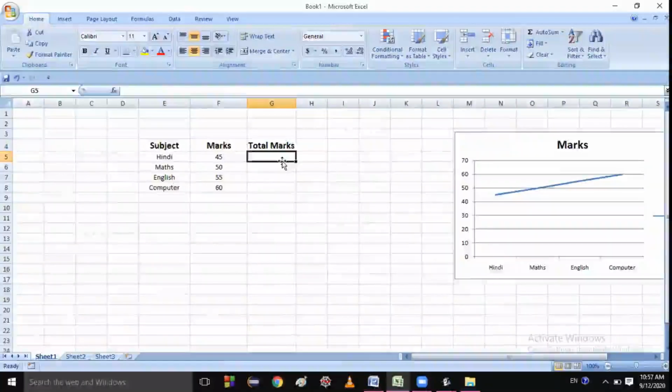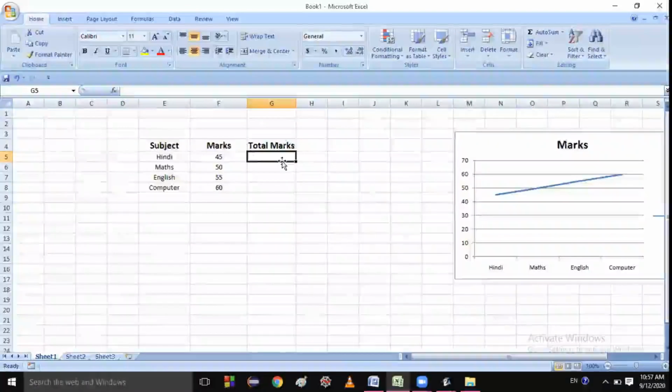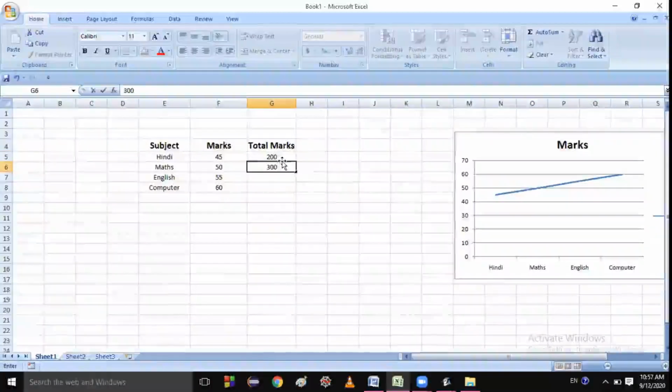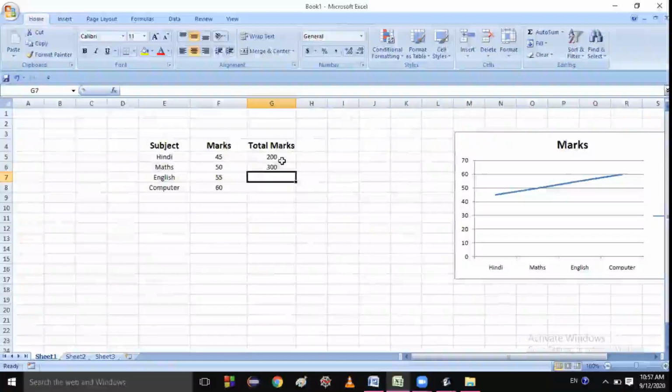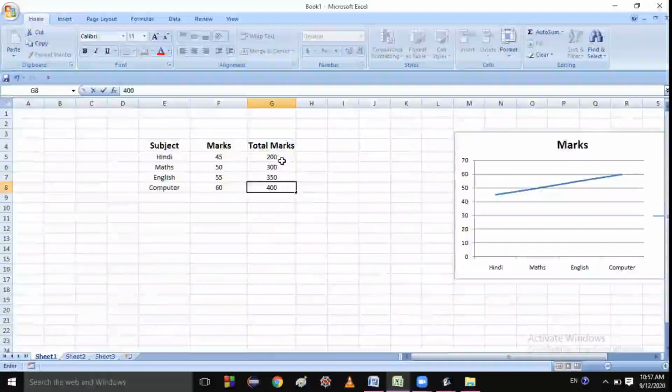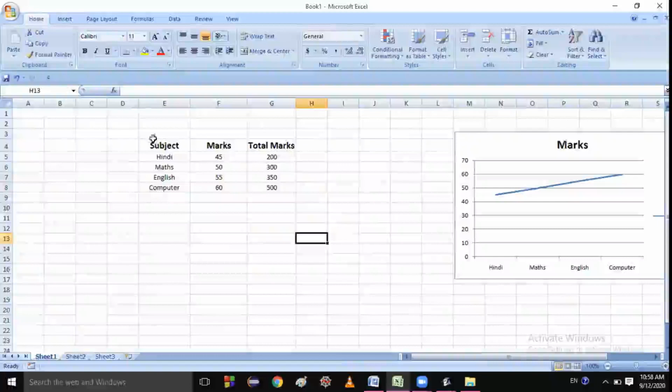Okay, so I am writing the total marks. Suppose in Hindi someone got 50 and 40, in computer someone got 45. So these are the different students' marks. So if the total marks is 200, then 300, then 350, then if I write 400 or 500. Okay, so if you make the chart of this one,